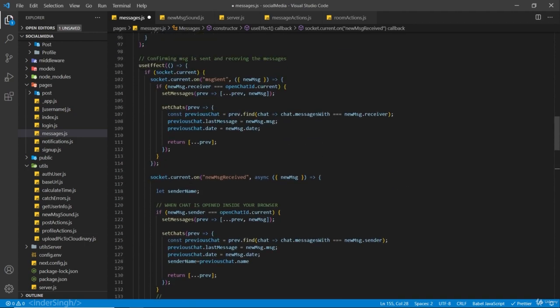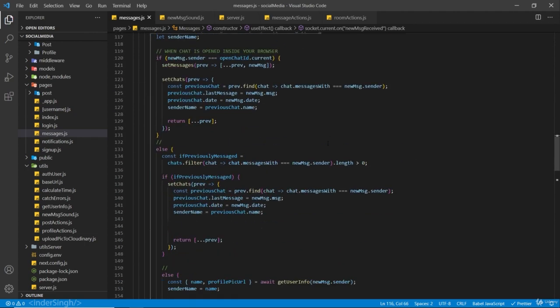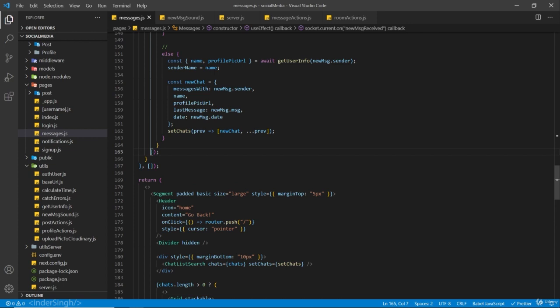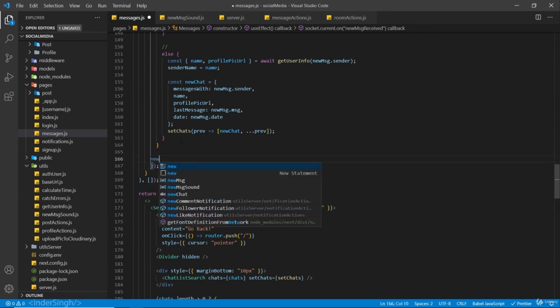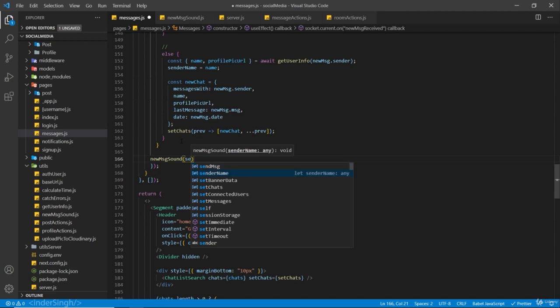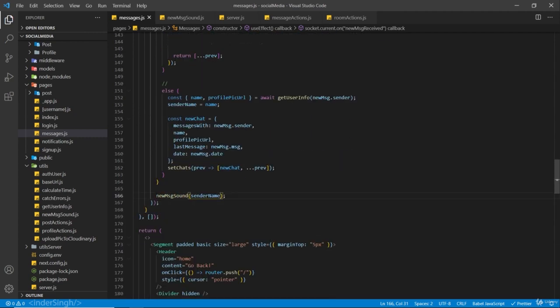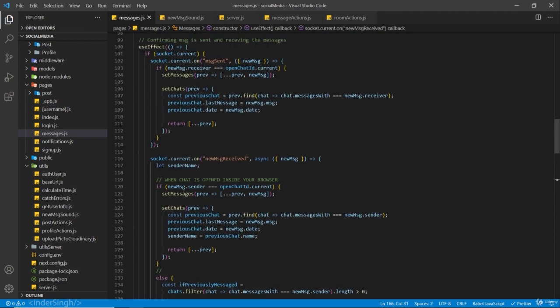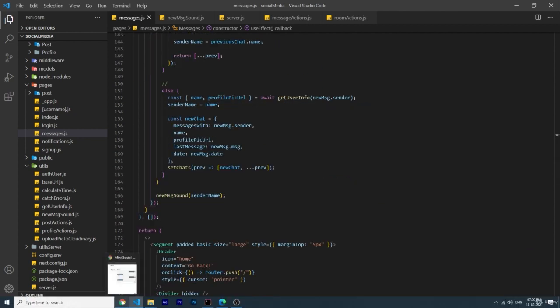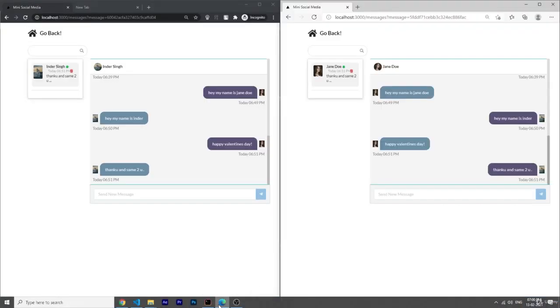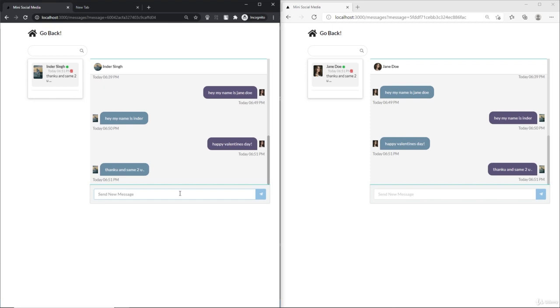And after this, before the closing of this new message received, so these brackets are here. Here we're going to call newMessageSound, pass in the sender name. So this function will be called on this event right here, new message received. So now if I go back and refresh, so now if I send a message,